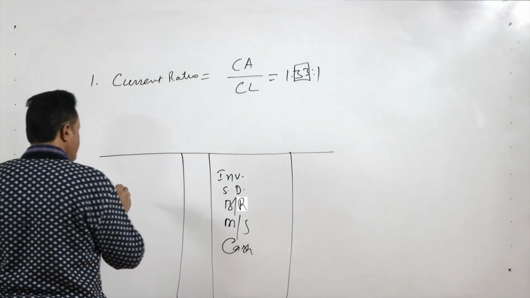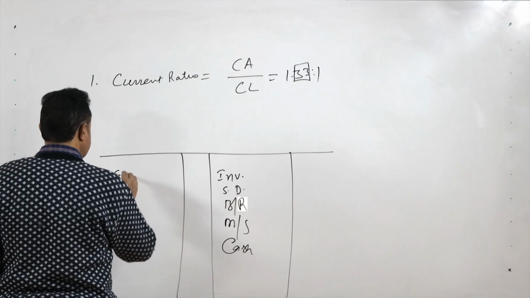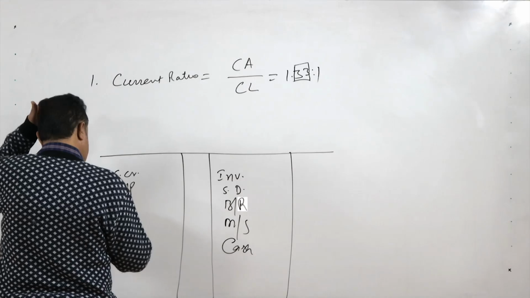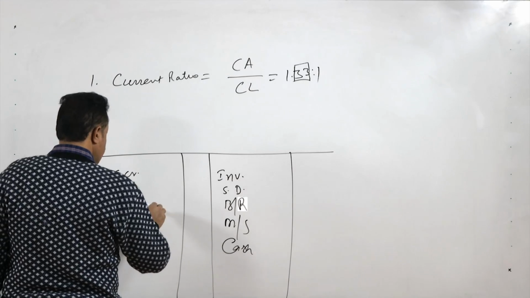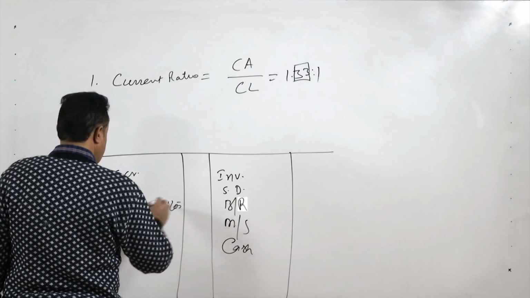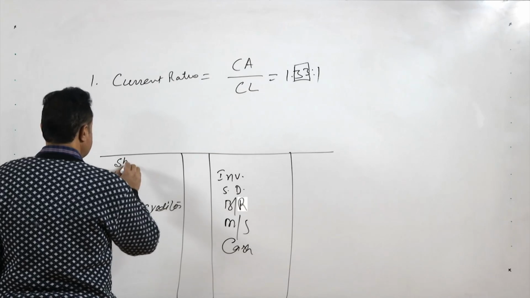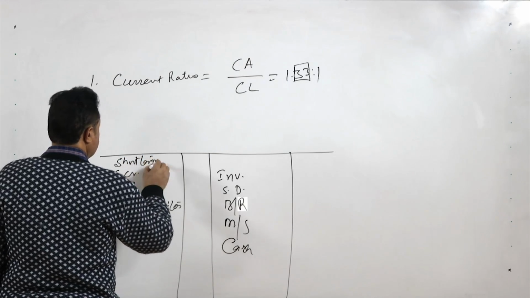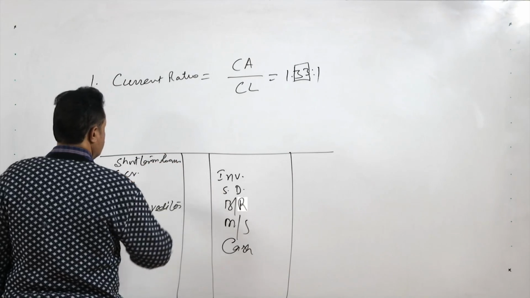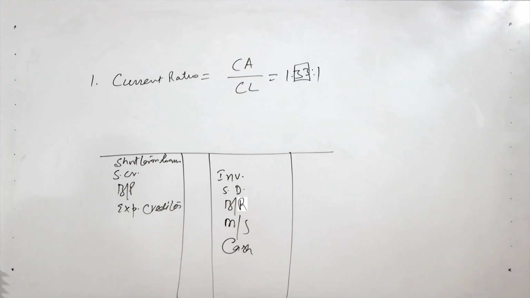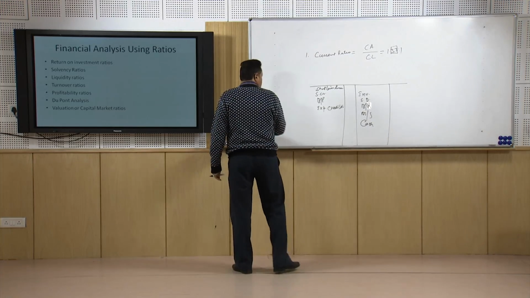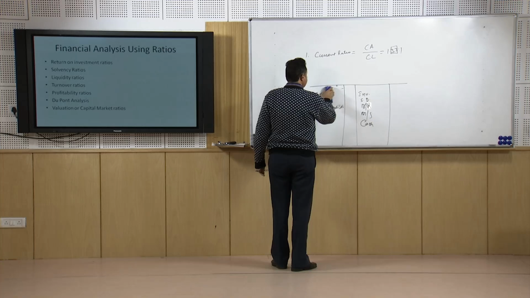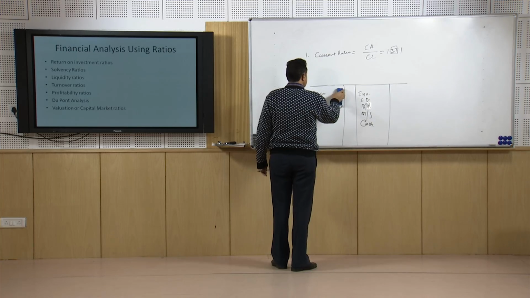On this side we have the sundry creditors, then the bills payable, then the expense creditors, and above that the short term credit or short term loans. So when you talk about the total current liabilities and the total current assets,